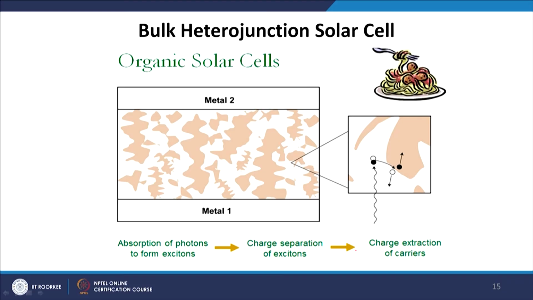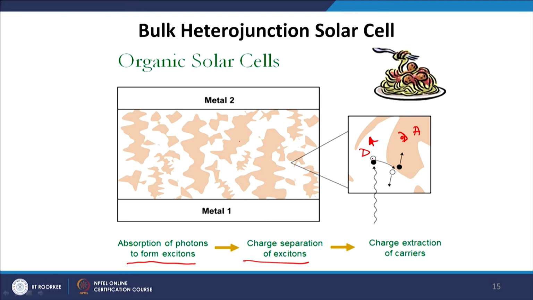So, as we promised, in bulk heterojunction solar cells, or the organic solar cells, we have 3 or 4 different mechanisms. First is the absorption of photons to form excitons, and the next stage is charge separation, but before that we also have charge diffusion. Now, you see this kind of nanomorphology we have created in the active layer of the bulk heterojunction solar cell, and here is the exploded view of that. This is an AFM image; this is your donor layer and this is your acceptor layer. Or you can consider the other way around also. Let us consider this is your donor material and this is your acceptor material.